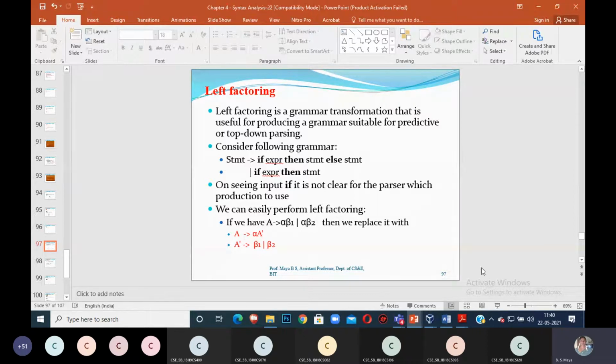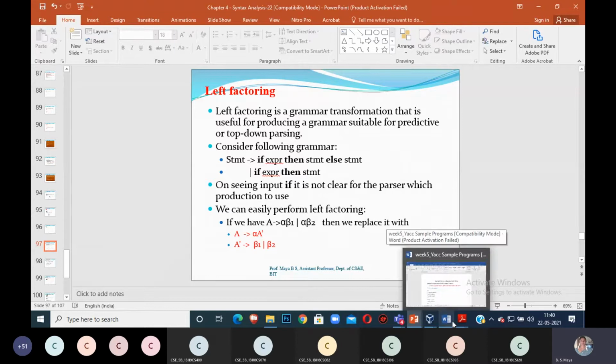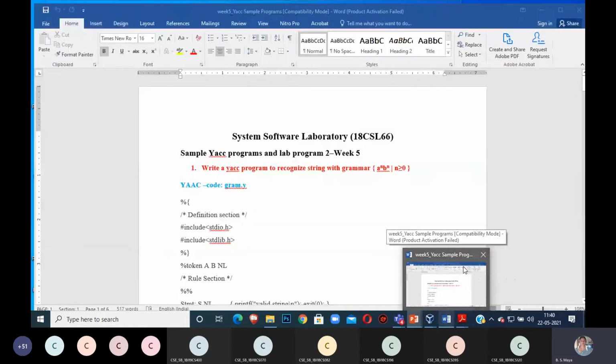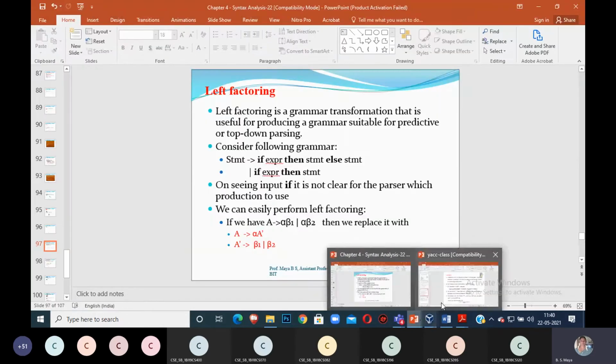Okay, what is YAC? We learned about Lex for the last 3 weeks. In Lex we are using regular expressions for doing your programs. Let me go for YAC. YAC comes under your module 4, both Lex and YAC. You have to study about what is YAC. YAC is used mainly in the syntax analysis, the second phase of your compiler design.